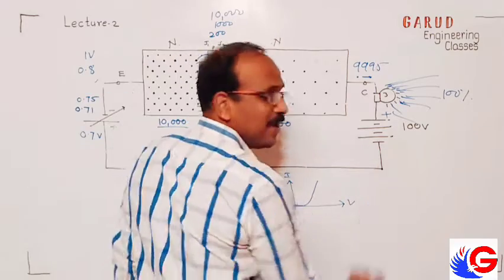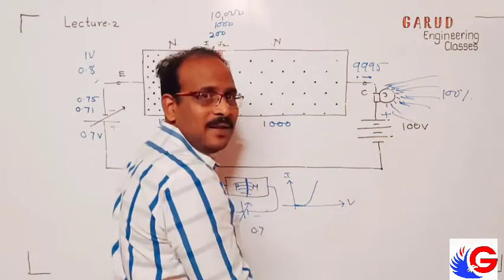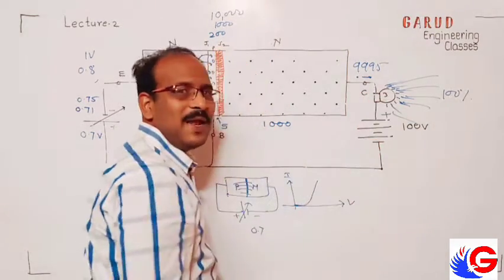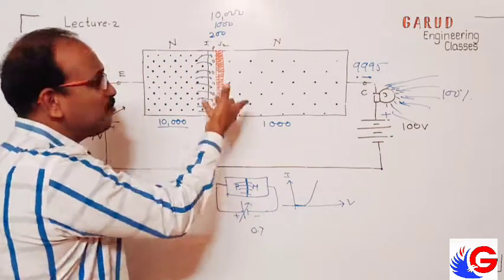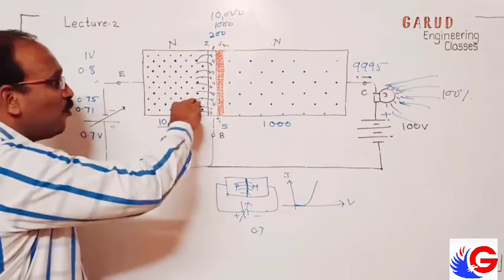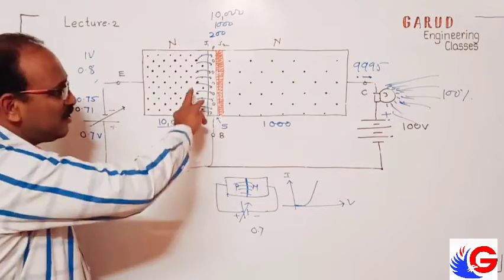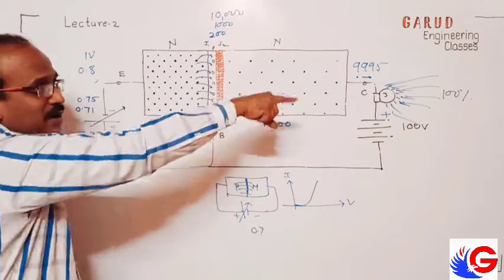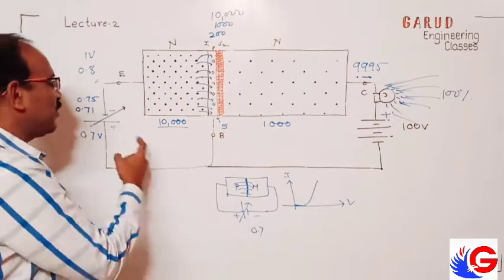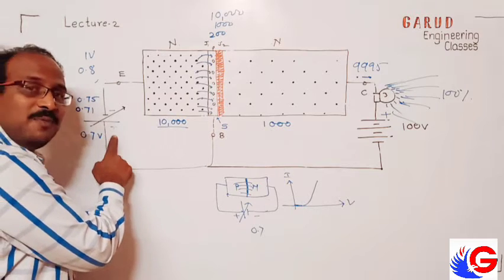But this is the supply. And the bulb is on because of the supply, not because of this. It is just pushing. It is just opening the door. Carriers are attracted towards the positive side. But who opens the door? This opens the door. So this is input.